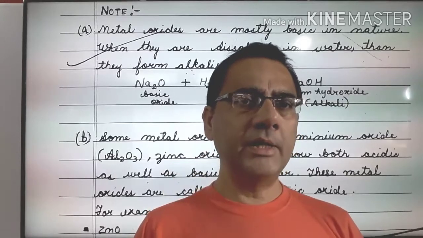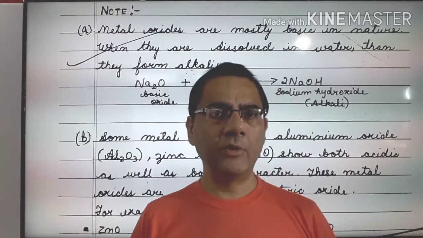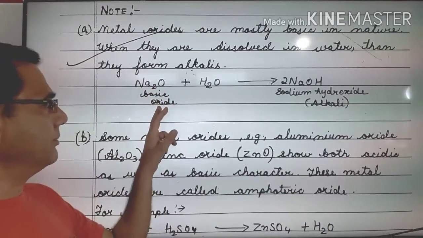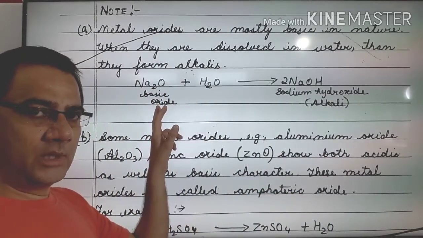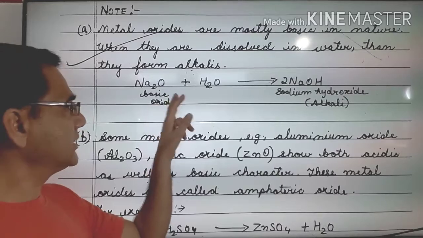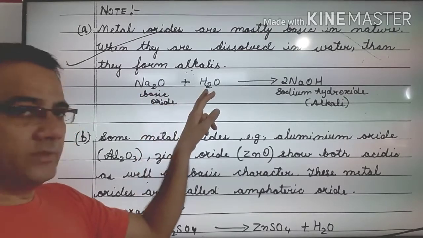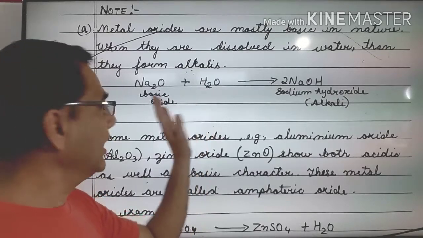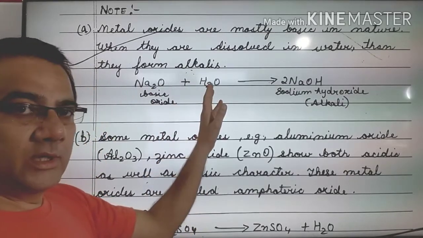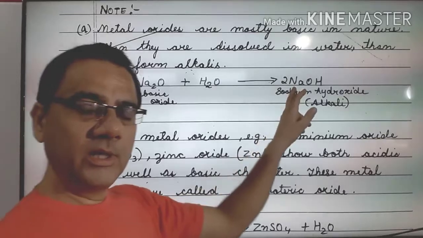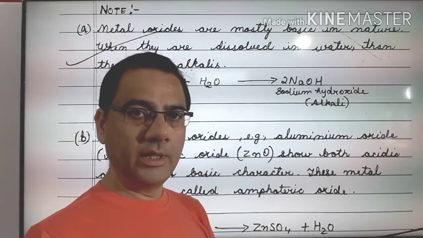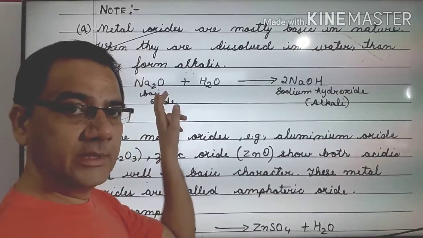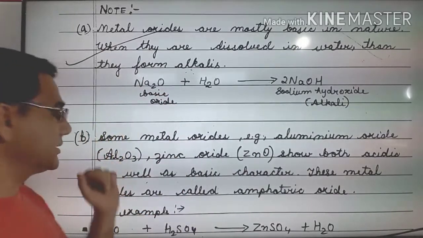So when metal oxides dissolve in water, they form a basic solution. See, this is Na2O, a basic oxide. As I have told you, oxides of metals are basic in nature. Water is always neutral. Water does not show acidic or basic character, it is neutral. When the sodium oxide dissolves in the water, the solution which is formed here shows basic character. And what does it mean? It means these sodium oxides are basic in nature. Next note,